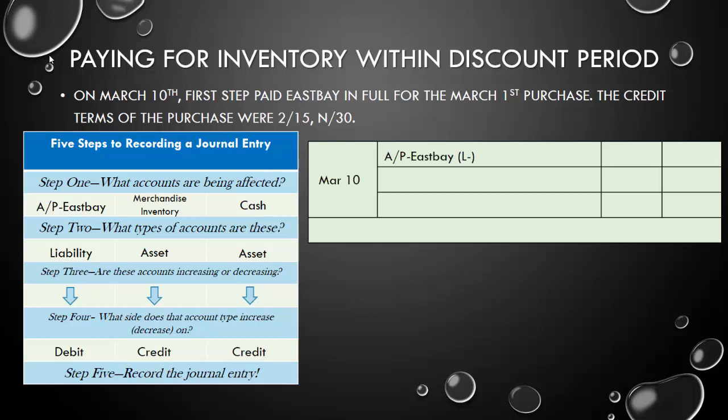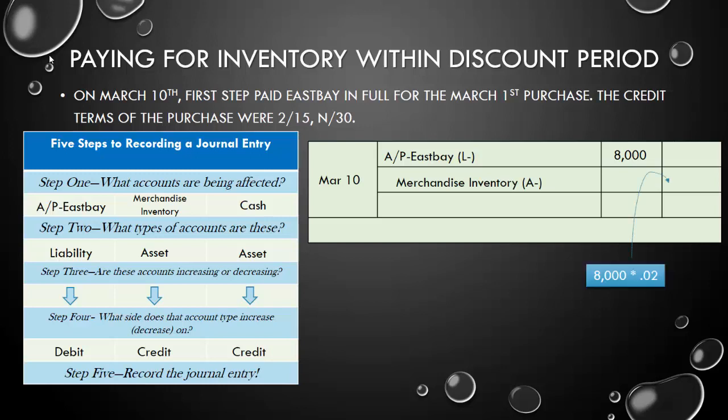So on March 10th, we start with a debit to AP eBay. We put this on the books on March 1st for $8,000. We're not sending them $8,000 now because we're getting a discount, but we need to take that liability in full off the books so our books look like we don't owe eBay any money, because we're not going to after this transaction. Our first credit is to merchandise inventory,